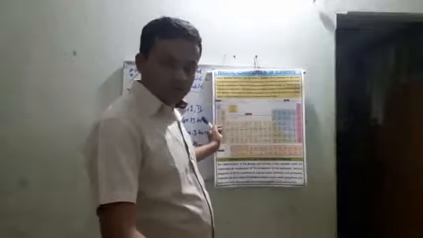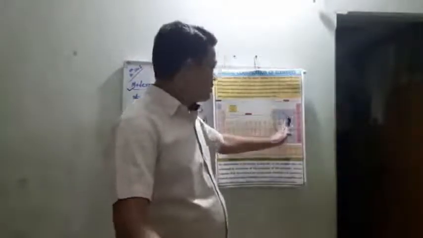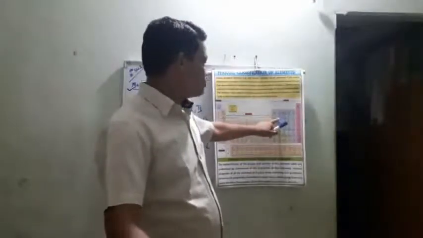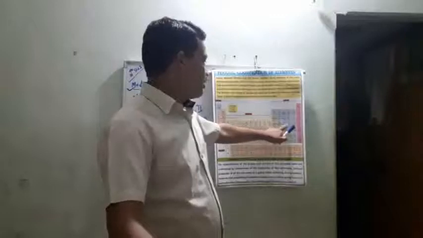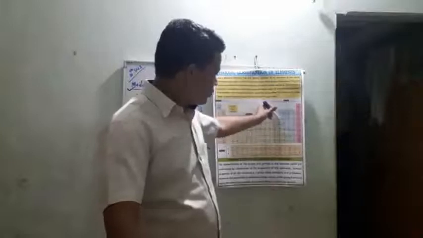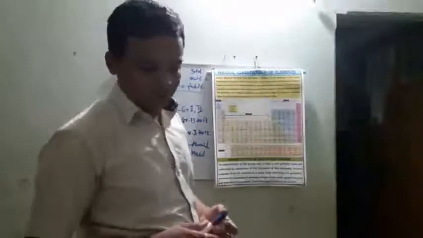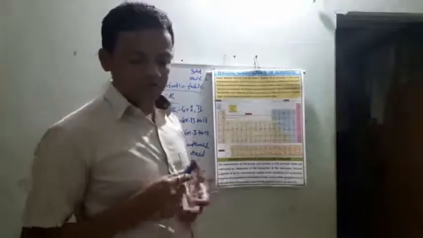Left of this zigzag line all elements are metals, and right of this zigzag line all elements are non-metals. And the elements present on this zigzag line, that is boron, silicon, germanium, arsenic, antimony, are called metalloids. They are called metalloids. So this zigzag line